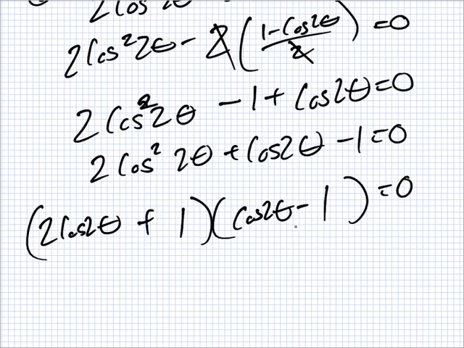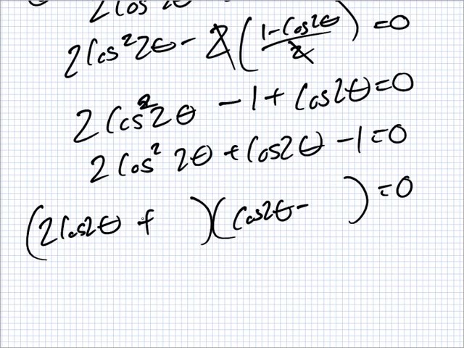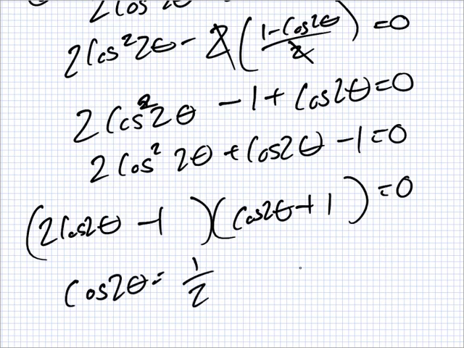No, it's a 2 that you must make there because the 2 is in front. Sorry, it's the other way around. It's minus 1 plus 1. Yeah. So you have that cos 2 theta is a half, or cos 2